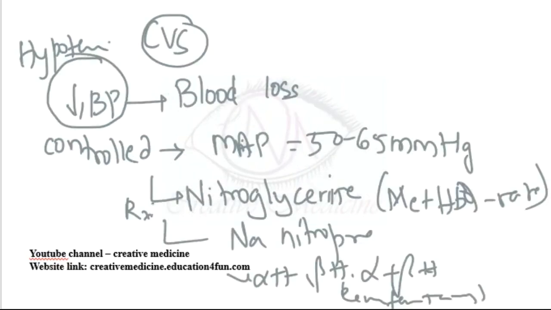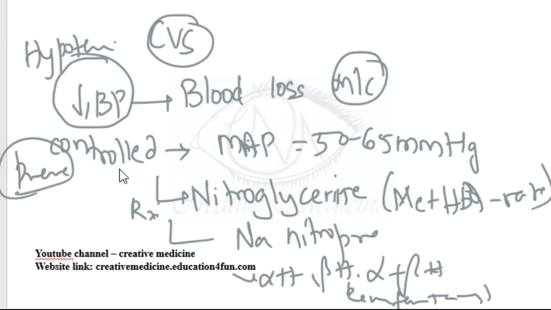Summary: cardiovascular system complications in anesthesia. Hypotension is one of the complications. The most common cause of hypotension is blood loss. So prevention of hypotension is mainly by controlled hypotension. The goal is to bring the mean arterial pressure to 50 to 65 millimeters of Hg, which will help in